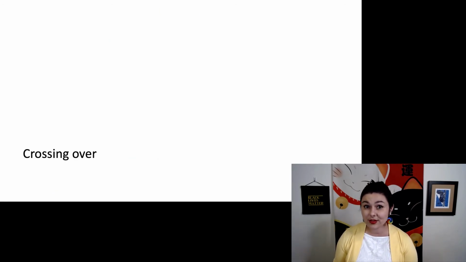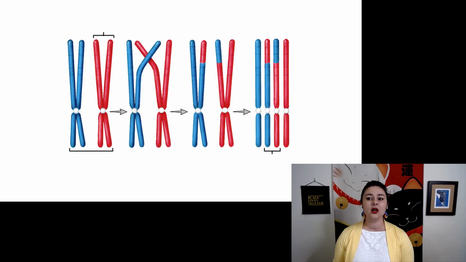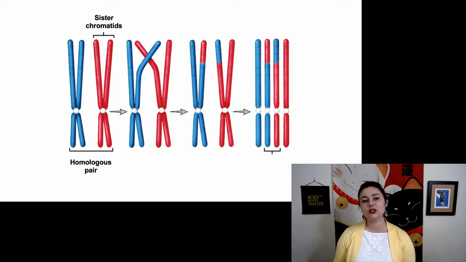But one of the cool things that can happen in meiosis is called crossing over. This is the exchange of genetic material between homologous chromosomes during the first prophase of meiosis, and this is one of the mechanisms for genetic recombination. Remember, we have 2 copies of each gene, so everyone has 2 copies of every chromosome in your cells. So here, when a chromosome duplicates, we have these sister chromatids, and then we have a homologous pair. We've colored them with different colors here so it's easier to see, but imagine these are both copies of